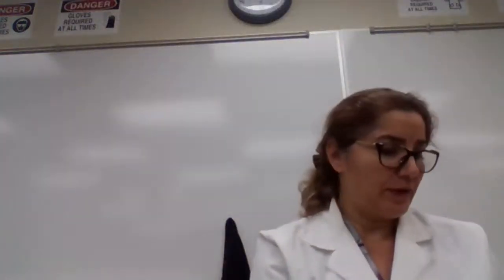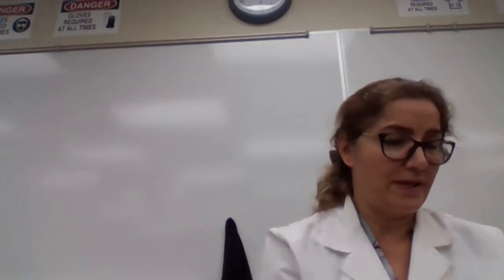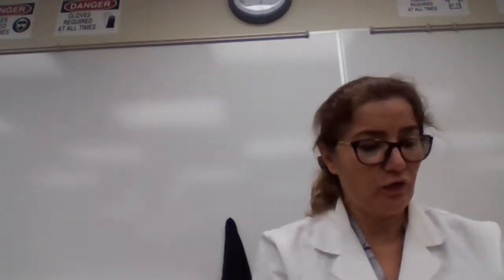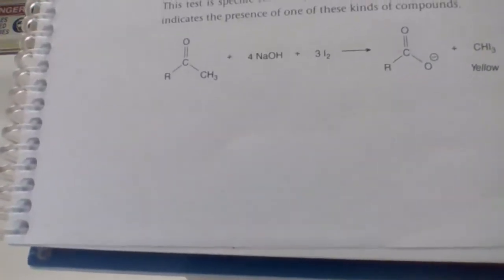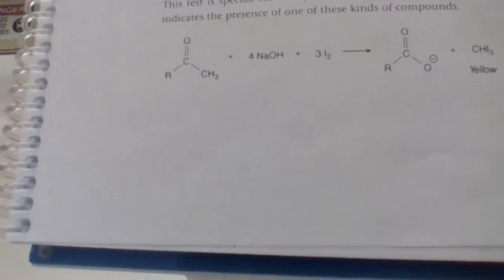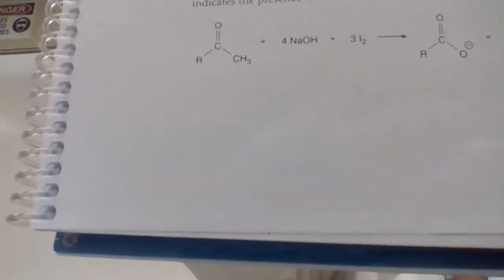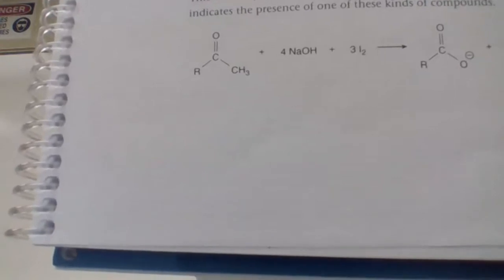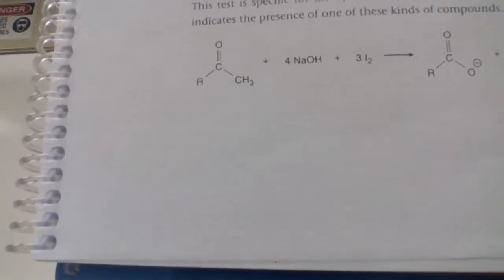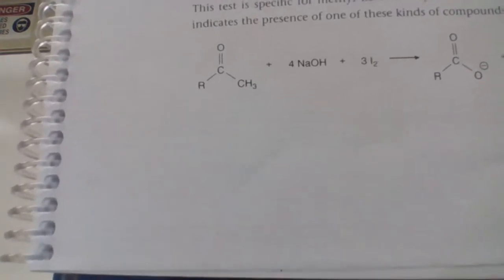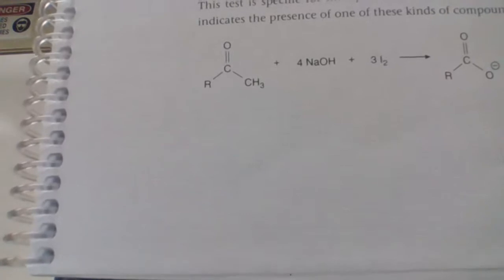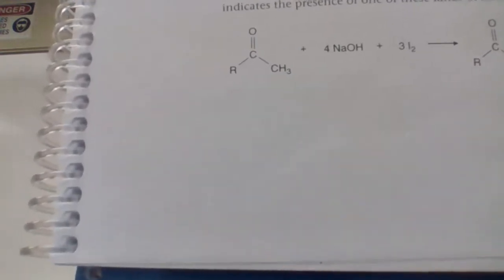The other test that we are going to do today is the iodoform test. Now, we performed the iodoform test before, but that was for a methyl alcohol. The iodoform test that we are performing today is for methyl ketones. So one side of the carbonyl group is a CH3. So if you have a methyl ketone with the iodine solution, it is going to give you iodoform,